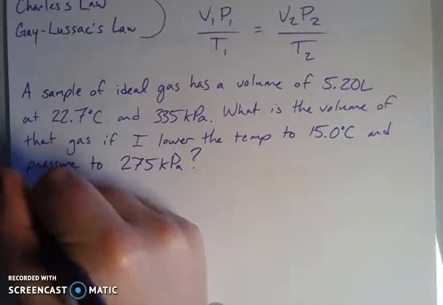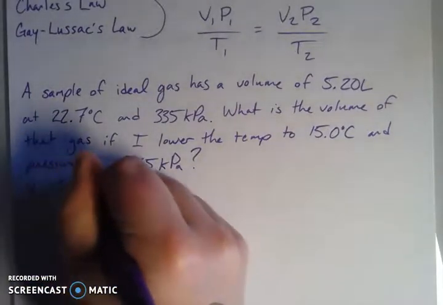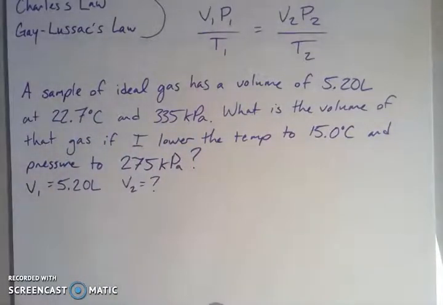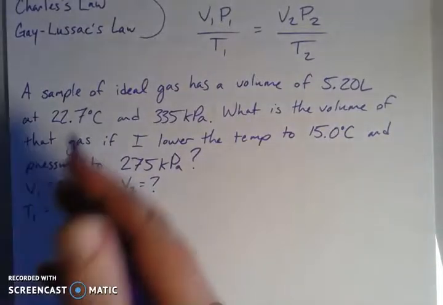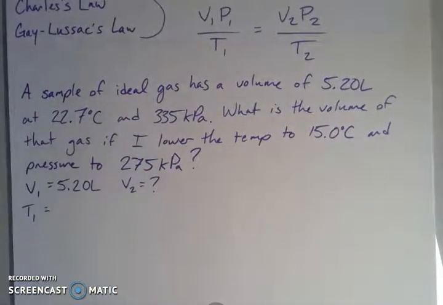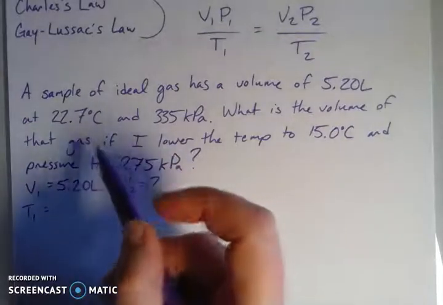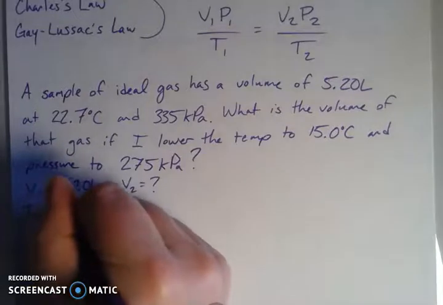So let's list out the variables that we're given. We have an initial volume. That's 5.20 liters. We're looking for the final volume. That's what it's asking for. So my V2 is going to be my variable that I'm solving for. My initial temperature here is 22.7 degrees Celsius, which I'm going to convert to Kelvin, right? So 22.7 plus 273.15 gives me 295.9